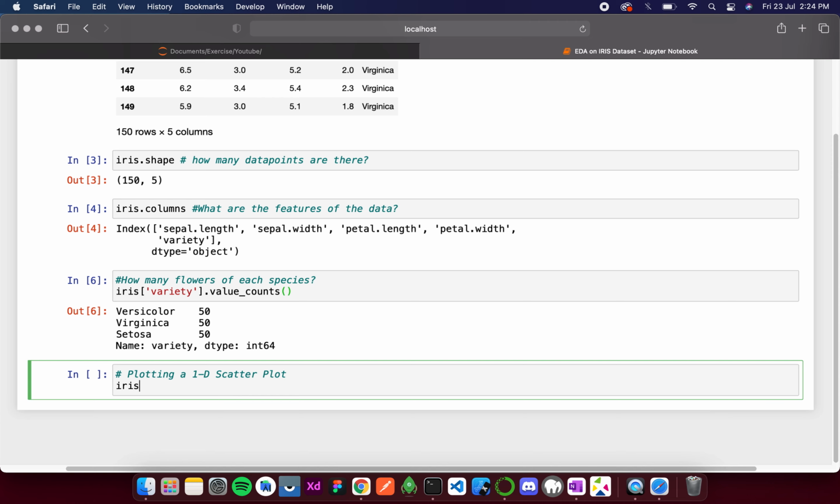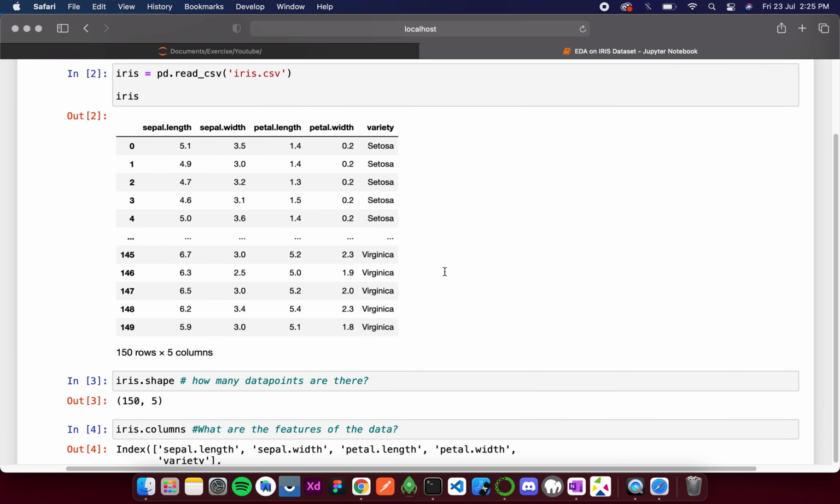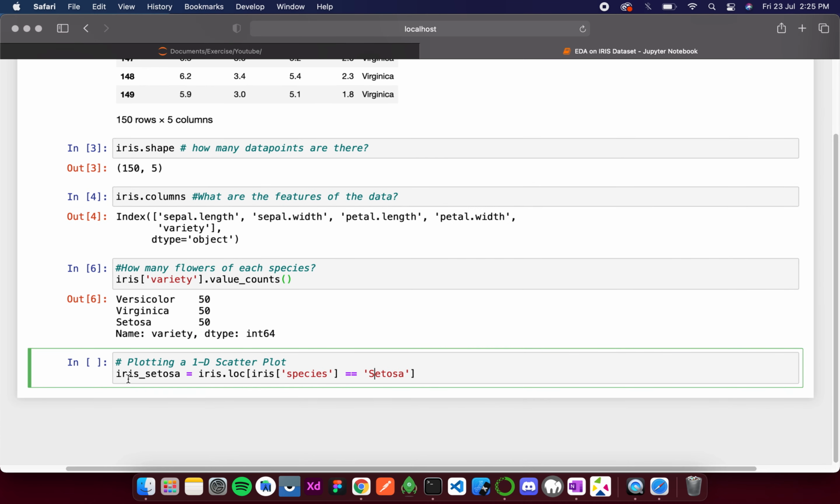So for that I'm going to write iris setosa is equal to iris dot loc, which returns the value at index, iris species is equal to setosa. Over here we have a capital S in our data set. Yes, so this will give iris setosa.